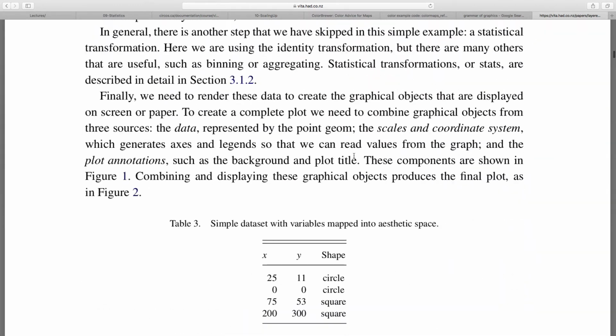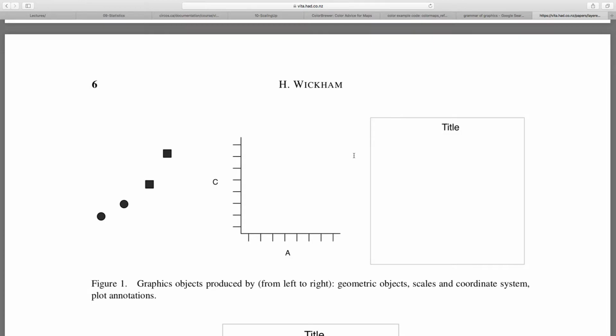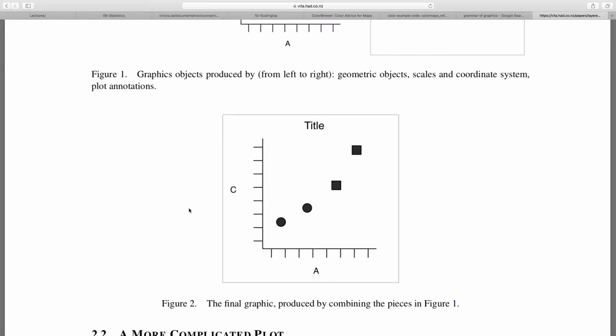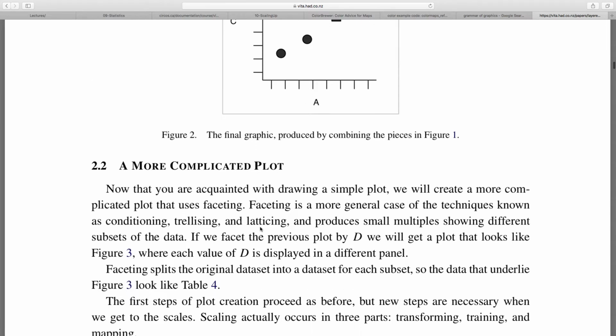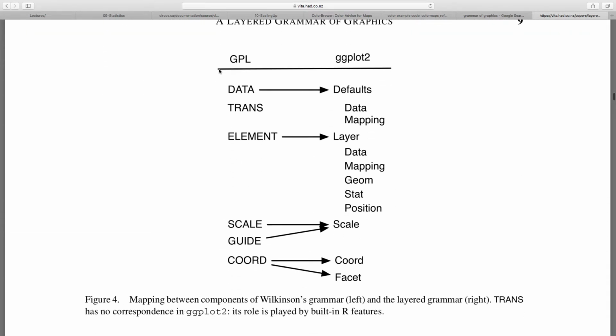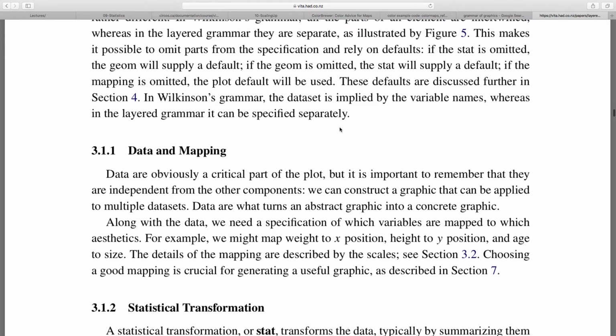Kind of how do you build up a plot from, what are your data, what are your axes, what are you trying to show on top of it, and how do you layer these things together? And what makes this a lot more understandable or applicable is that there's actually a library he's built on top of this to actually build charts in this way. And so you can take very, very complicated plots and map data to the defaults, the transformations to how you map the data onto the plot, the elements, the scale, the guide, the coordinates, and then you end up with